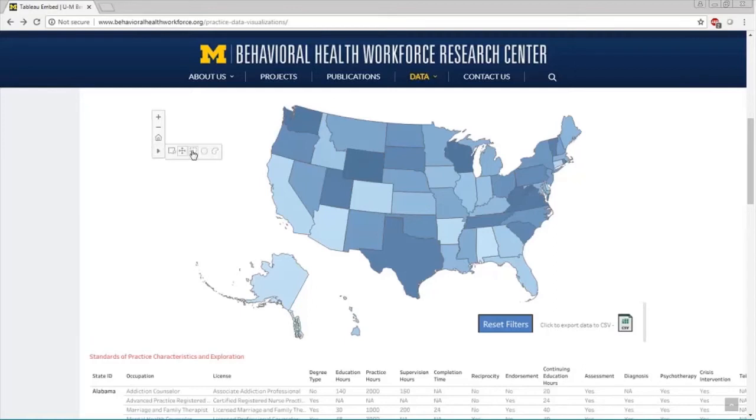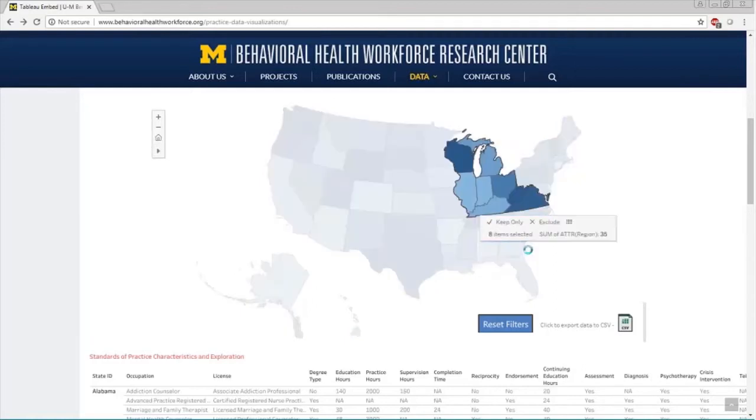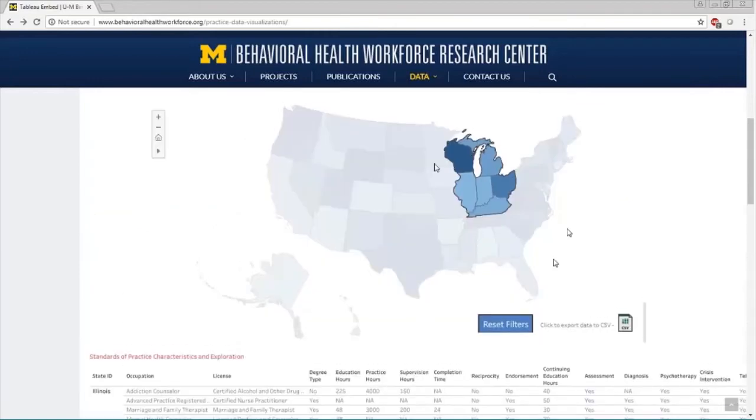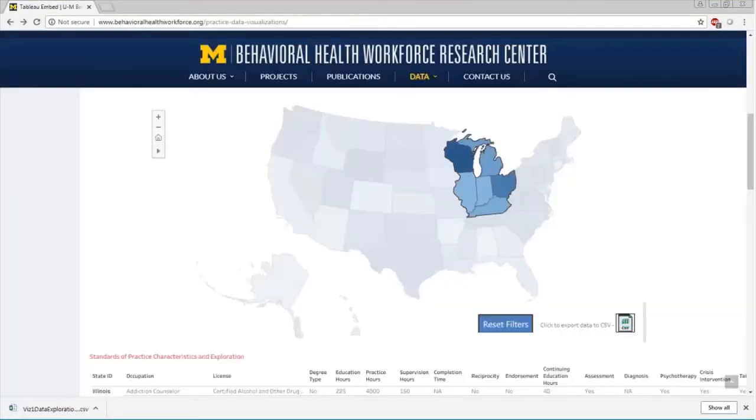Let's just try and grab as much of the Midwest here as we can. I got West Virginia in there too. Can I? Yeah. Controlling and left clicking will also allow you to deselect states. So I've grabbed the Midwest here, and I can see below that the Midwest is now being summarized. Neat. I want to take all that data with me. By pressing the export to .csv, you will actually create the CSV file with only your selected data.